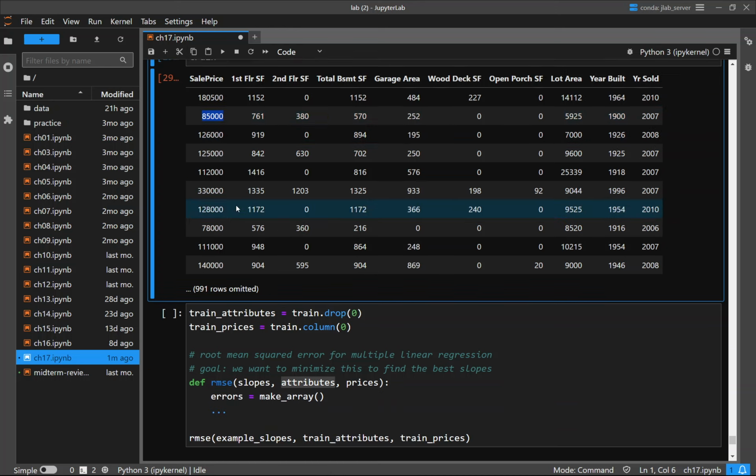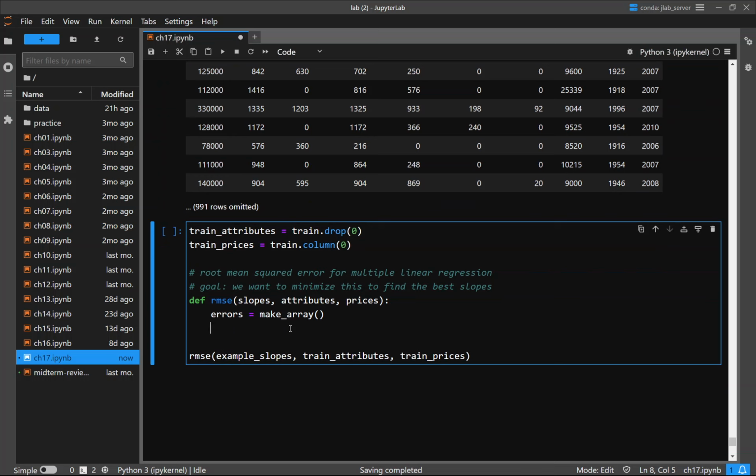And we want to minimize the root mean squared error. So we'll keep track of all the errors that way. So for each thing in the attributes, we're going through it, and that's a row for me. All right. So let's see. Yeah. Let's get the indices of all the rows we care about. So for i in np.arange,